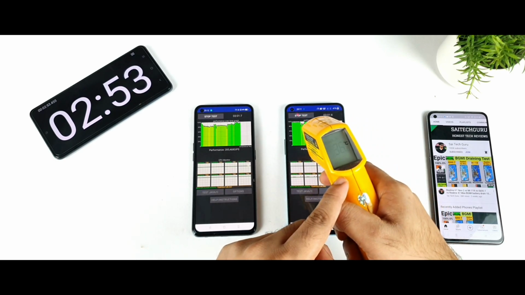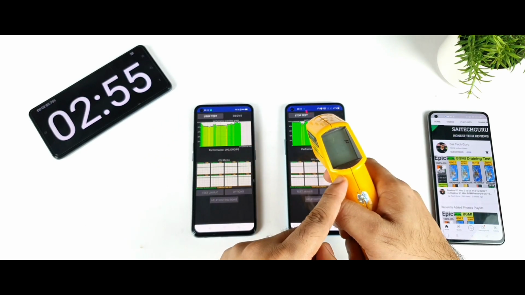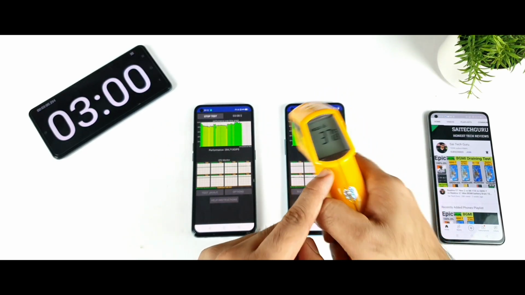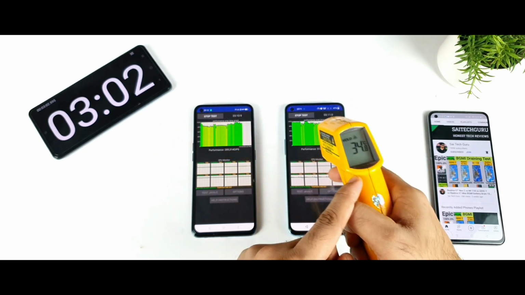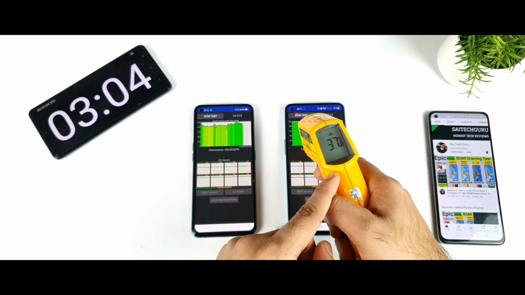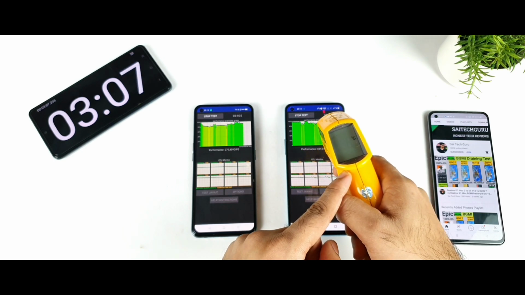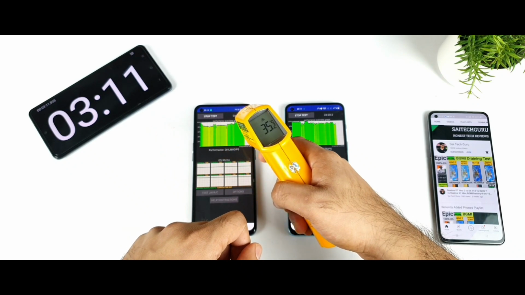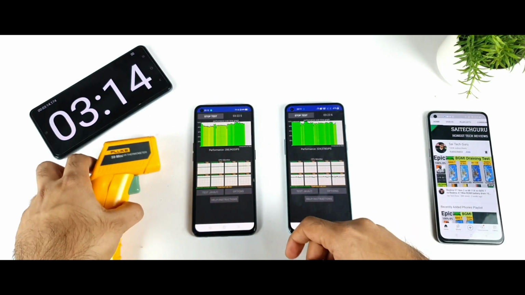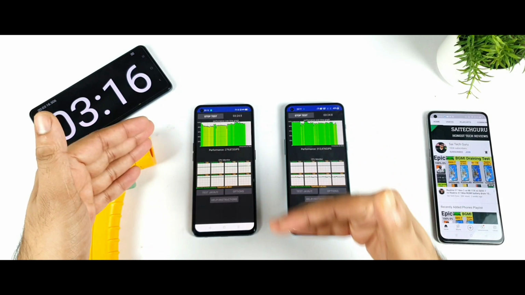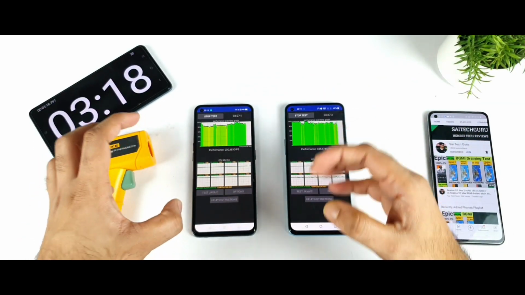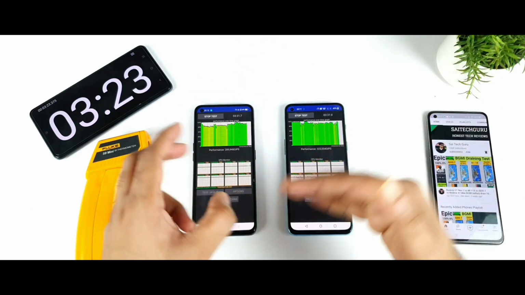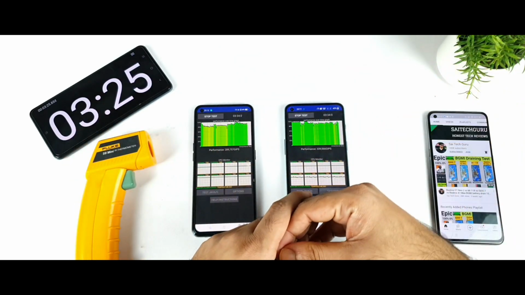And 34.6 degrees Celsius and 37.6 degrees Celsius, you can see. So 3 degrees higher in the OnePlus Nord 2. It is close to 38 degrees Celsius as well. 37.8, 37.4, 38.2, it reached 38.2 within 3 minutes, and 35.2. So even the Realme X Max is increasing the temperature, but it's not increasing instantly. It's a step-by-step process, slowly increasing the performance in a smooth manner.